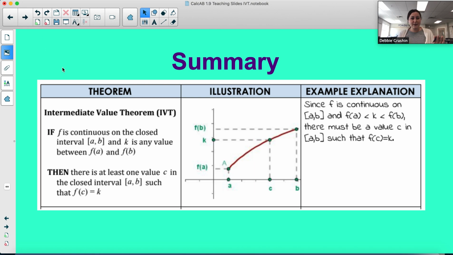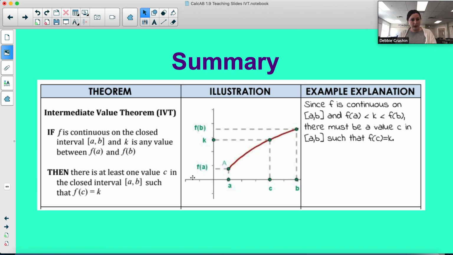Just to summarize everything from this lesson, and then we'll try a few more practice problems. The intermediate value theorem says if, so these are the preconditions that must be met, f is continuous on the closed interval from a to b, and k is any value between f of a and f of b, then there's at least one value c between a and b, such that f of c is between f of a and f of b. Here's a visual of that, right? If you go from a to b, every single y value in between must be hit